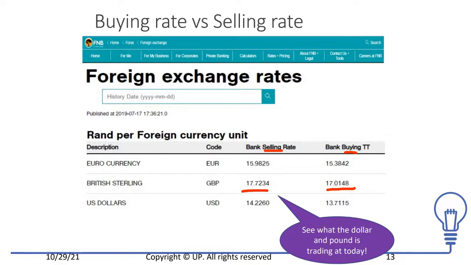So very similarly here, the buying rate is the rate at which